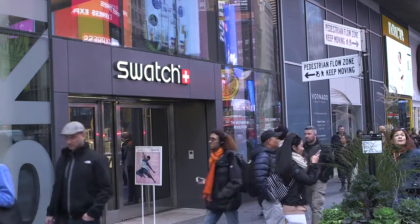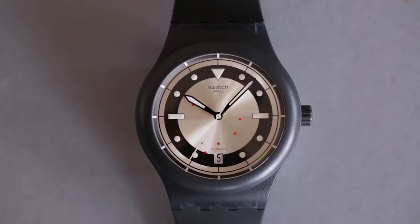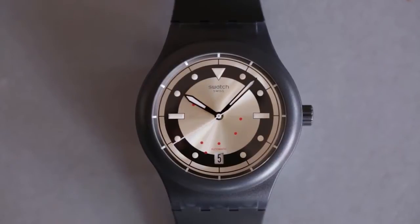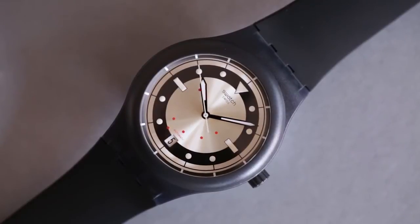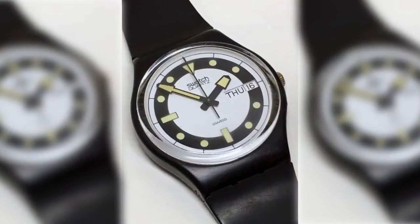One of the elements that I love in this watch more than anything is the fact that it's a very straightforward language. It lets the movement and the watch do most of the talking. The design is strong, it's pure, but it's relatively subdued. The inspiration for the design came from a 1984 design of an original gent that is part of the history